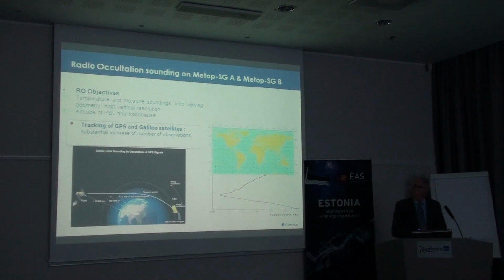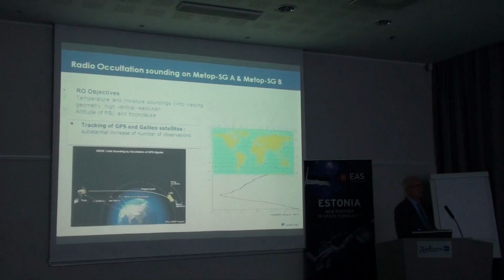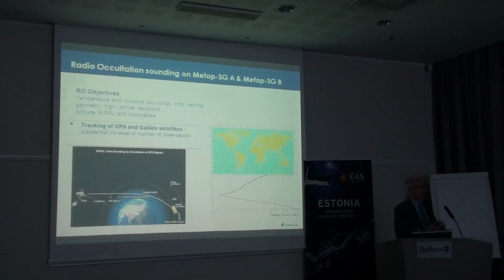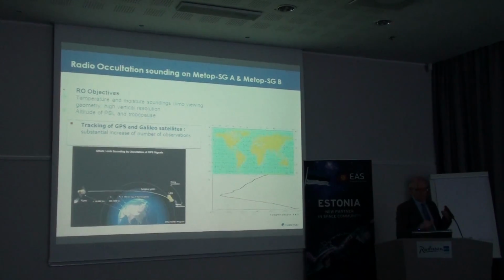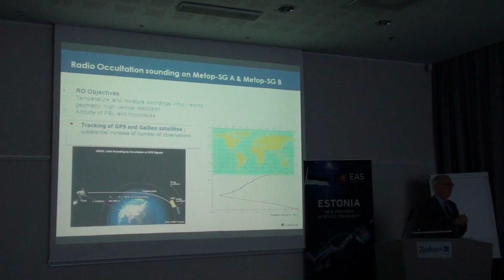Then, very importantly, radio occultation. That's basically we're using the GPS signal to depict temperature and humidity of an atmospheric profile. So what is really happening? On the right side, you see the satellite with the GPS receiver. On the left side, you have the global positioning satellites. And when they send out their message, which you also use in your navigation systems,